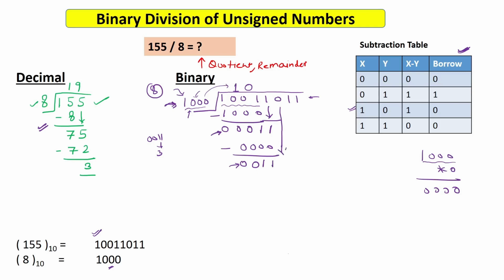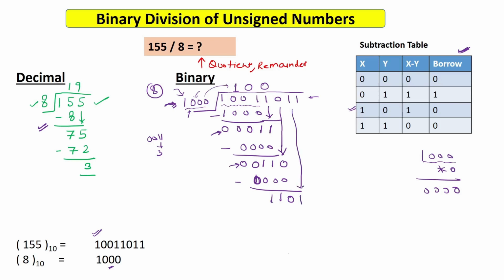Now you have to simply copy this 0. Again, this 0110 is smaller than this divisor, so you will say into 0. Into 0 will be the same, all zeros. Now you have to subtract and you will get 0, 1, 1, and 0 minus 0 will be 0, which you can simply ignore. Now again you have to copy here to make it 4 bits.